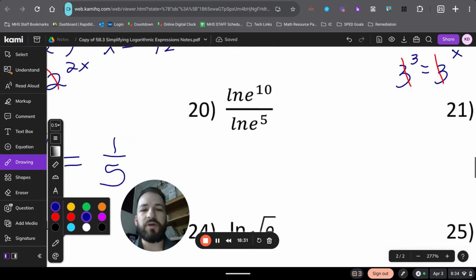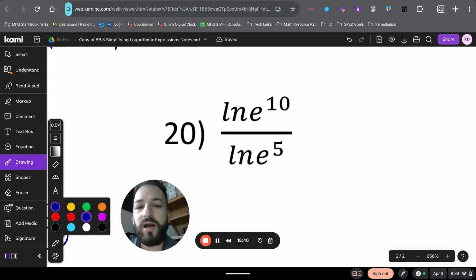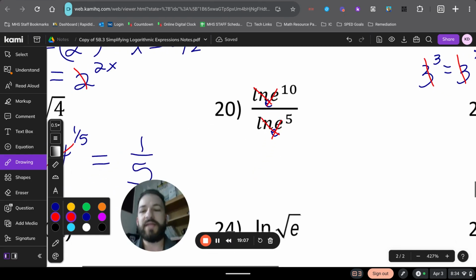Let's look at a question like number 20. We have the natural log of e to the 10th over the natural log of e to the 5th. This looks kind of crazy, but let's take it step by step. First thing we can see right away is we have these e's and we have our natural log, and if we remember, our natural log always has a base of e. Now, you might get that e confused with this e right here, but this is an exponential, e to the 10th and e to the 5th. So this base is the base of my logarithm and not my exponential. And since the base of the log and the base of the exponential are the same, we can cancel them out, and that would simplify to